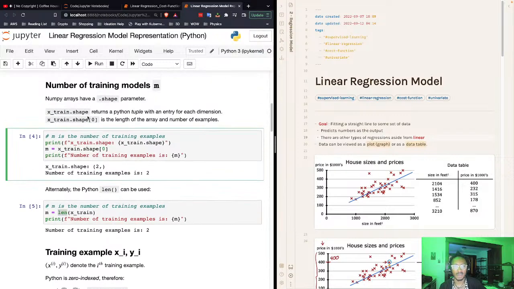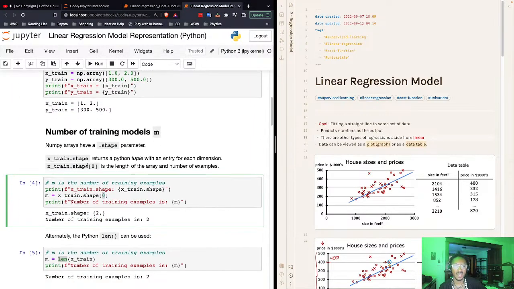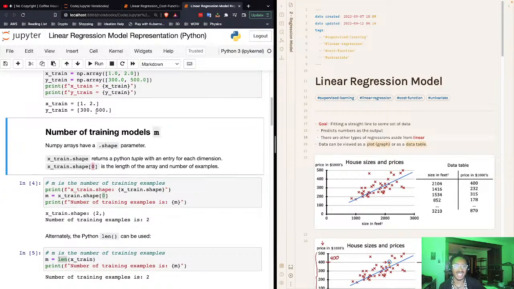Dot shape, just remember with this that when you call it dot shape, you need to pass in this 0 here like this, because if you don't do that, then okay, let me back up. Since NumPy is built to work with multi-dimensional arrays, when you call dot shape, that doesn't say much about which dimension of the array you're trying to get a length for. So we say 0 here because, regardless of the size of this multi-dimensional array, we're only going to consider the first dimension, because in reality,